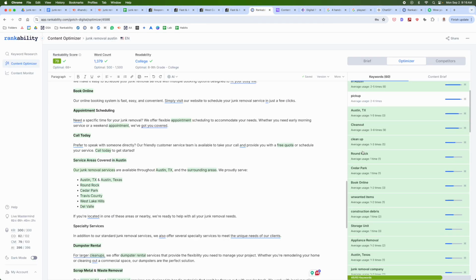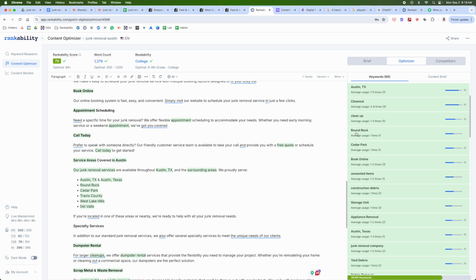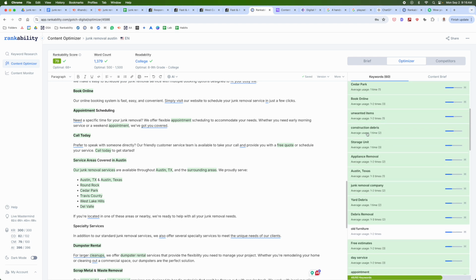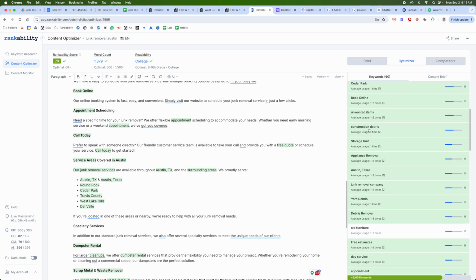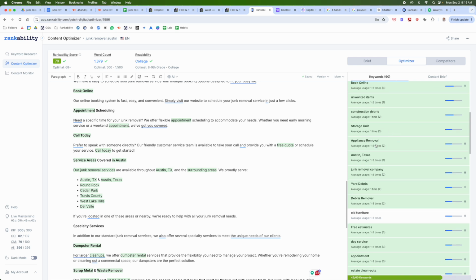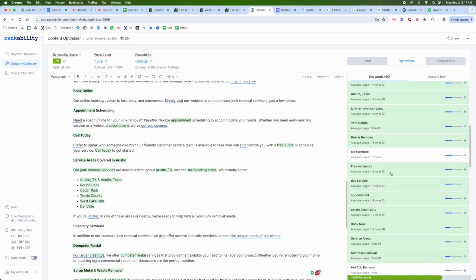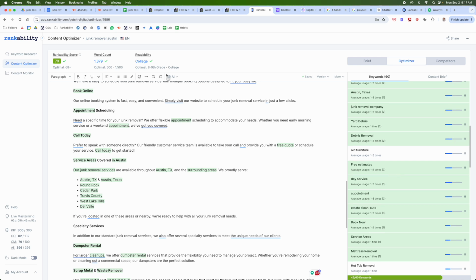So looking at this, I start to look for opportunities. So Round Rock, okay, I know I need to have junk removal Round Rock as a dedicated page. I know I need to have Cedar Park as a dedicated page for junk removal. Keep going on. Construction debris. So construction debris Austin, that should be a dedicated page, okay? And you get the point. Appliance removal Austin, yard debris Austin. You build out all of these pages, okay? And those all, because of the NLP, which is being pulled from your competitors, you'll know that it's highly relevant